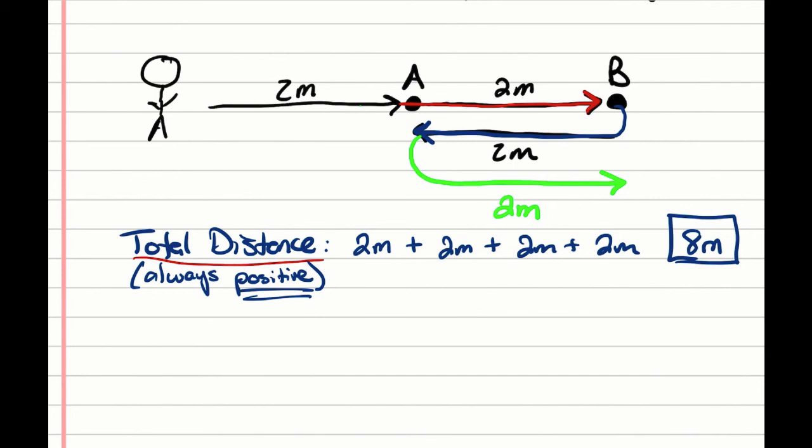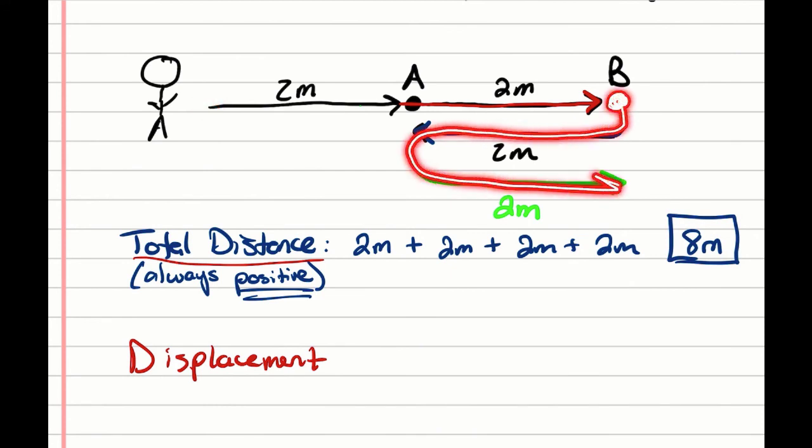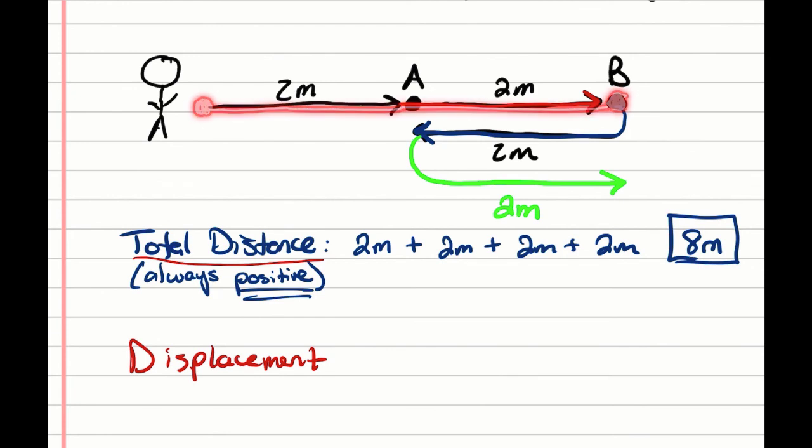Now, our displacement today will be 2, but it isn't always. Displacement is how far the person or object has traveled from their starting point. So if the person started here and they ended up basically at point B, they might have come back, but then they've gone forward. But really, they're at point B. They've really only gone 4 meters from their starting point. So the displacement would be 4 meters